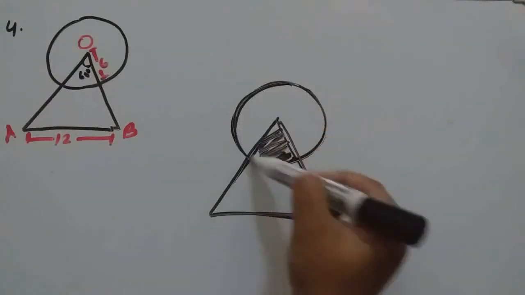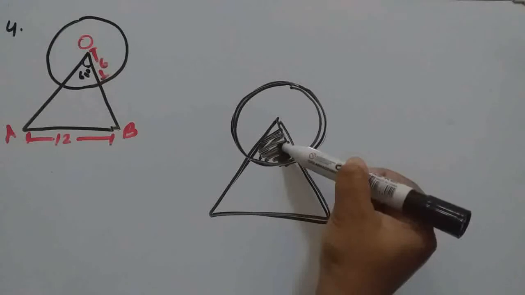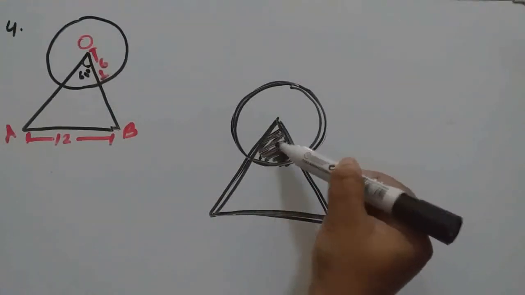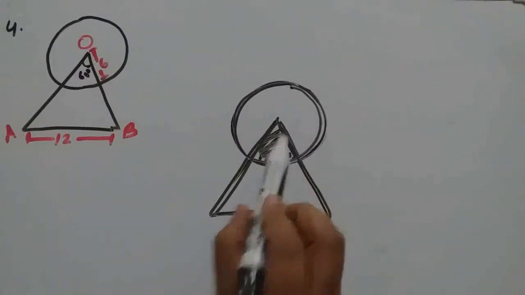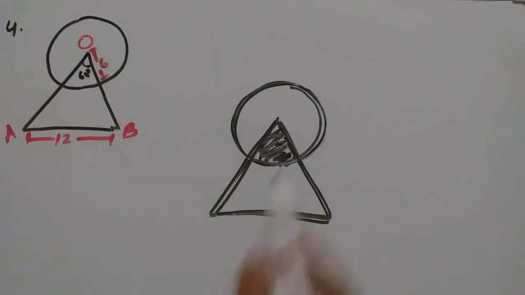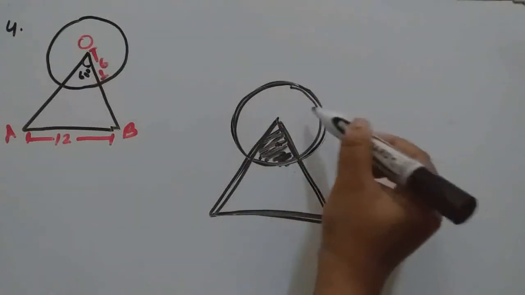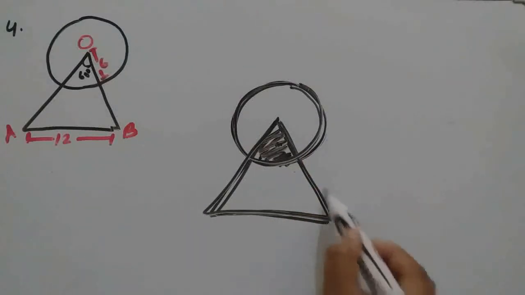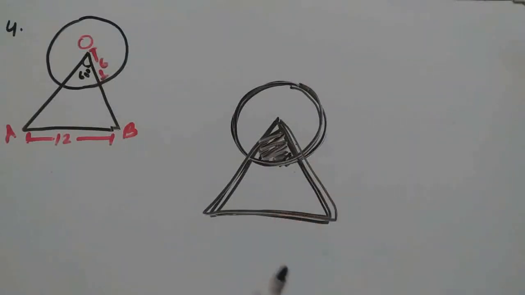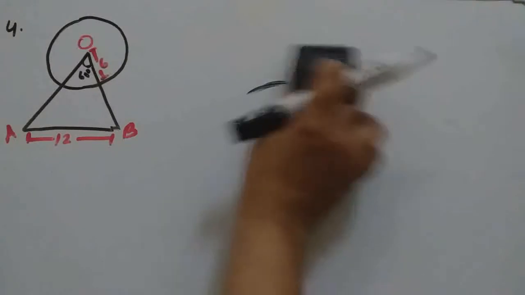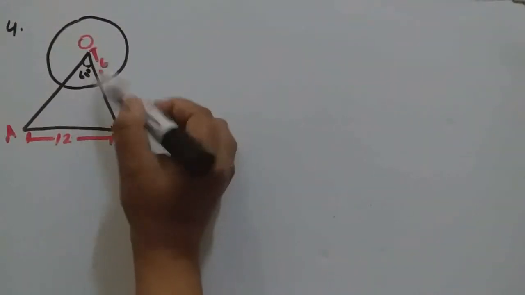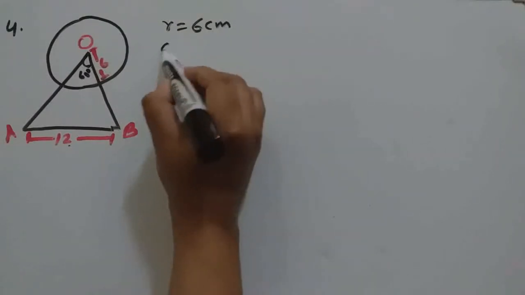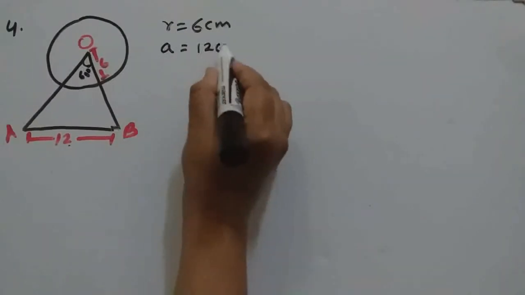If we are finding the area of the circle, then also we are counting this part. If we are finding the area of the triangle, then also we are counting this part. So we are counting this part twice, so only once we should count, whether in the area of triangle or the area of circle. So what we will do, area of circle plus area of triangle minus area of this sector. All the things are given here. See, 12 and 6. So let r be 6 centimeter and a be the side of the triangle, 12 centimeter.